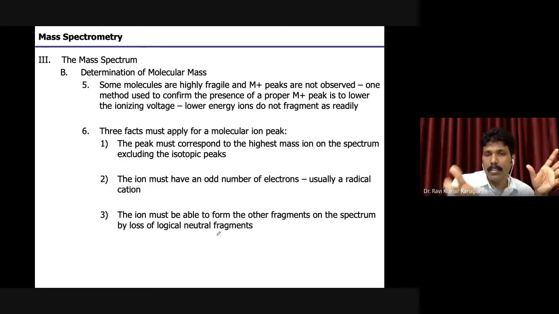I gave the example of methanol. In the case of methanol, 32 is the molecular mass, and you will see a peak at 32. Then it will also give an M-1 peak, just one unit less. M-17 corresponds to the loss of a hydroxyl radical. If it loses the hydroxyl radical, the difference is 15, so at 15 you will see another intense peak. These are the symptoms of identifying the molecular ion.